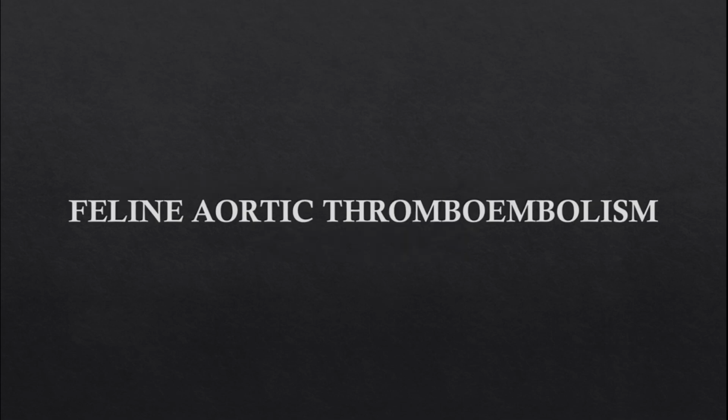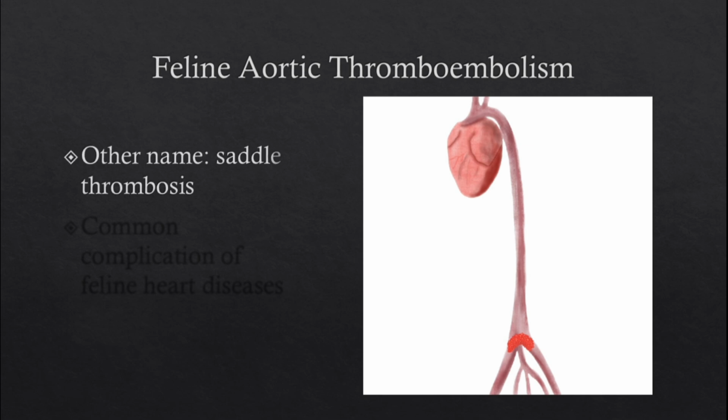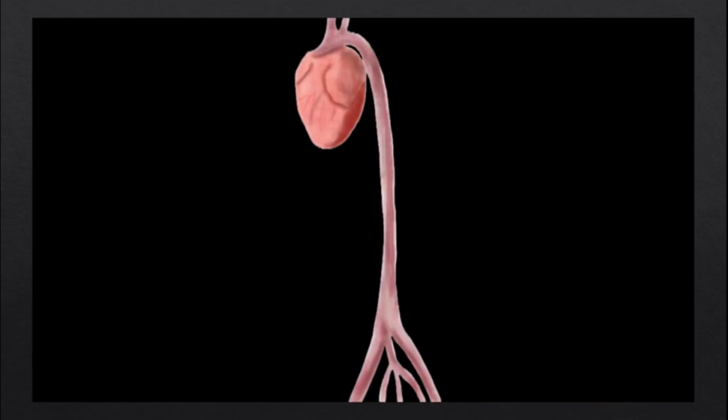Today we are going to talk about the feline aortic thromboembolism and its clinical anatomy. Aortic thromboembolism, also known as saddle thrombosis, is a common complication of feline heart disease. We call it saddle thrombosis because sometimes the blood clot lodged at the distal end of the aorta is similar